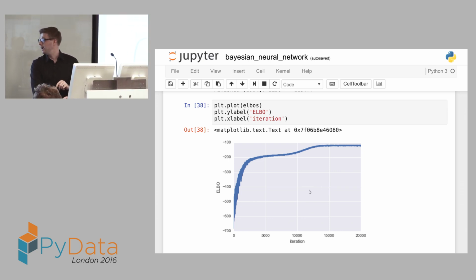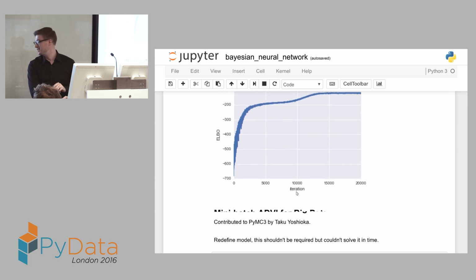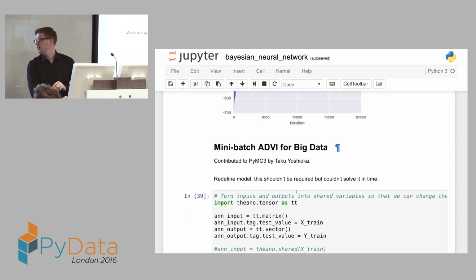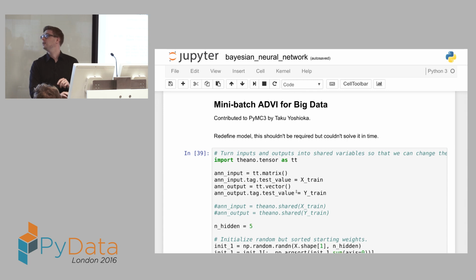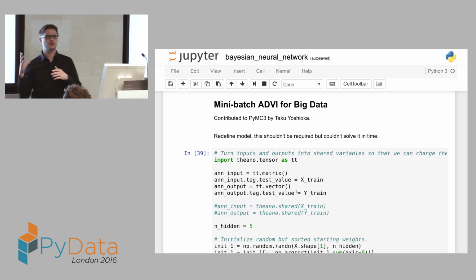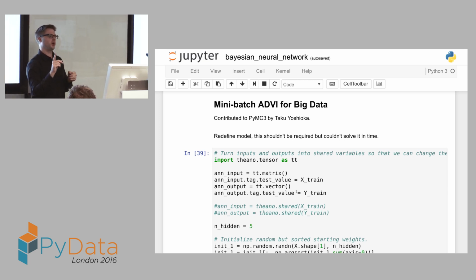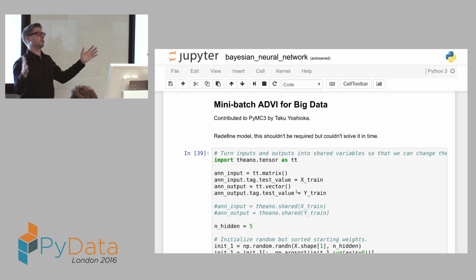OK. And I can do even one better, which is that you can use ADVI with mini batches as well. The problem with Bayesian statistics is that to evaluate just a single point, you need to compute the likelihood over all your data points. For deep learning, for example, you just pass in training data once and then optimize, and then basically you're done.